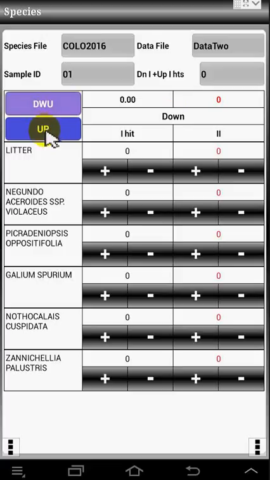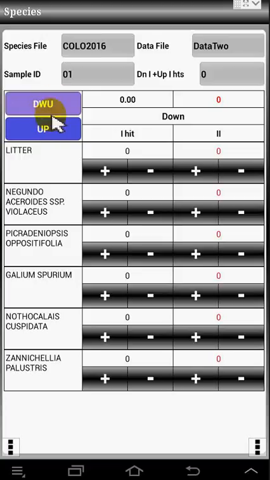So if you're collecting data in the upward direction, you would click the up button and that data would be recorded in the up. If you have an up hit, anything under that tree canopy can be recorded as down with up, meaning it's vegetation data that occurs under a tree canopy. Or you can just go down. Now 90% or more of data are just going to be down, but you have this additional flexibility for collecting